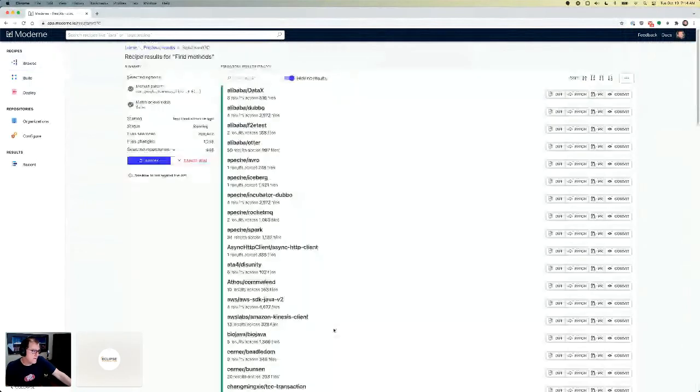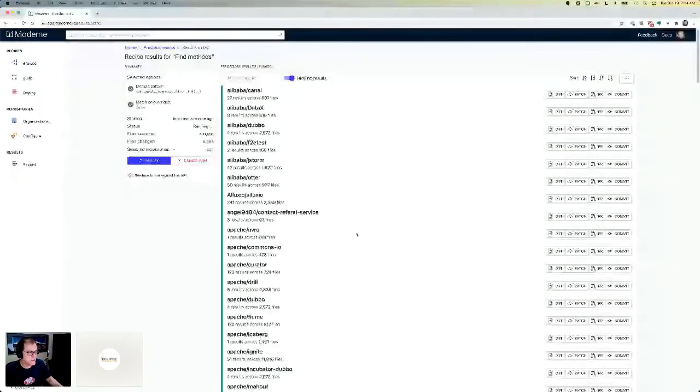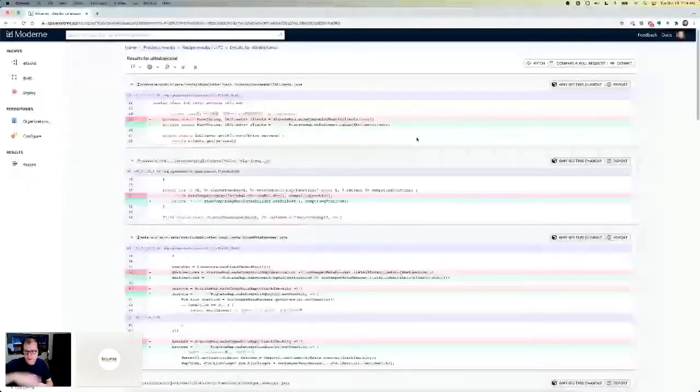Okay, and OpenRewrite treats searches basically as a specialized transformation. So we take advantage of the fact that we can do diffs on this, and we add what we call a marker to the class. Normally if you printed out the source code, you wouldn't see anything.